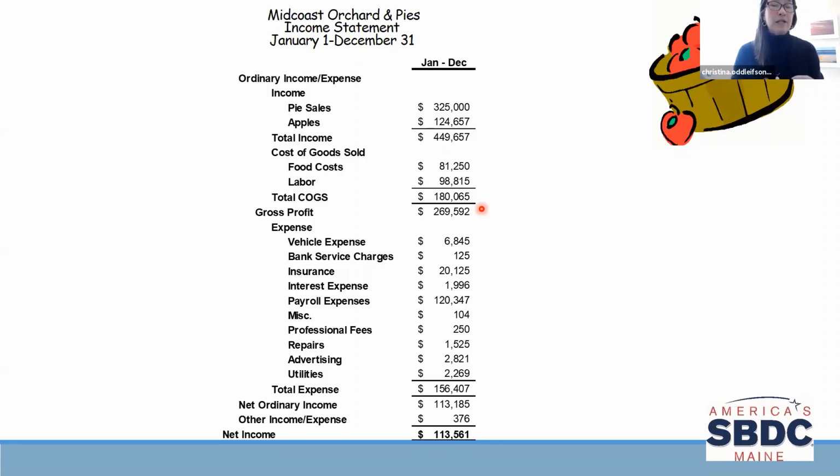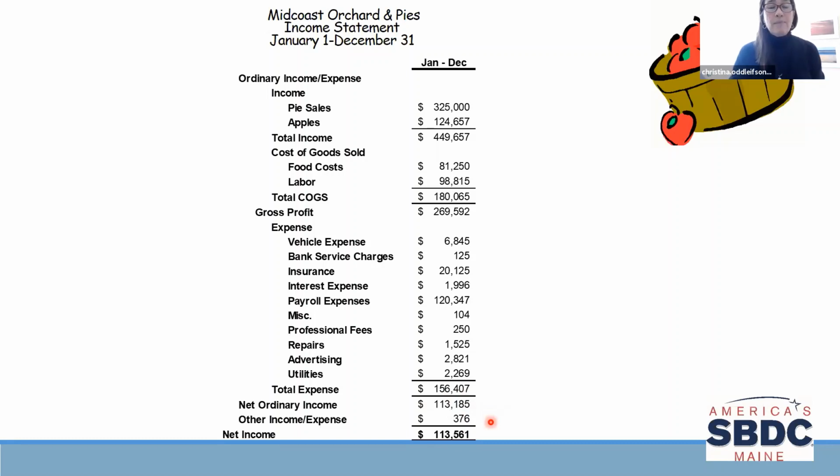We use that information to compare ourselves to prior years, and we can also compare ourselves to our industry. That can be a useful exercise just to give you a sense of how you stack up to others who are doing the same business. And we typically do that through the use of ratios. Afterwards, we have all those other general operating expenses summarized, and then we get our net income,